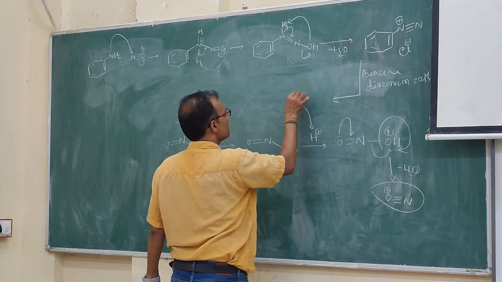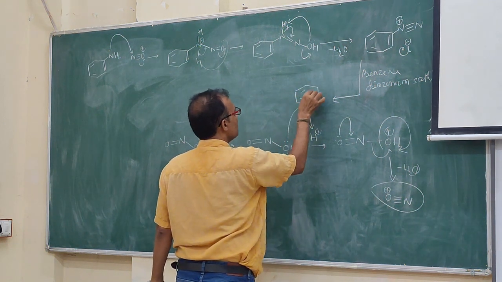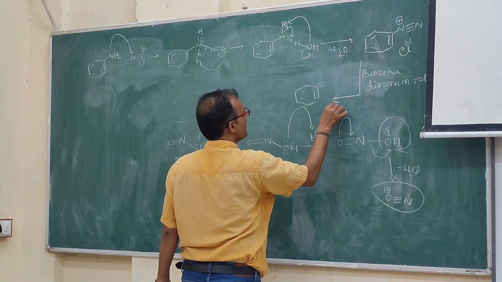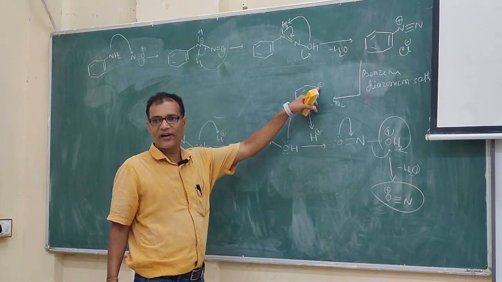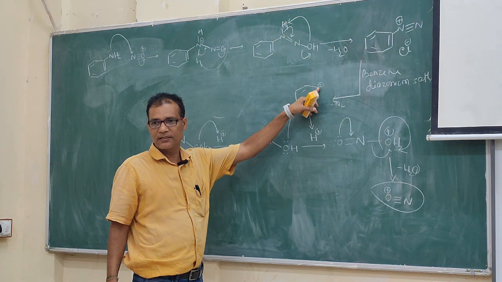So this will be like plus and minus N2. So this is very difficult. This cannot be plus like this. So immediately a nucleophile is needed to attack this. Is it okay? So now what will happen?